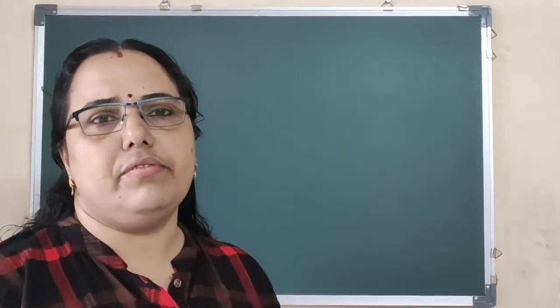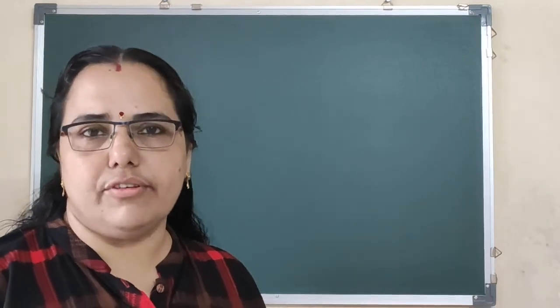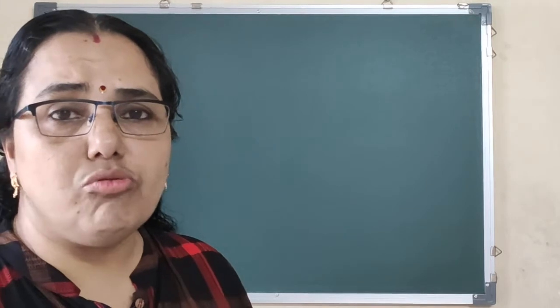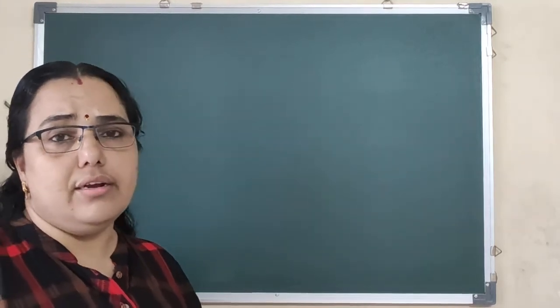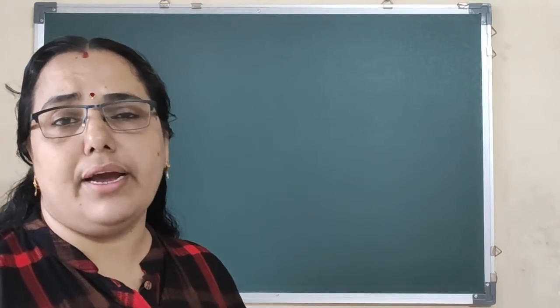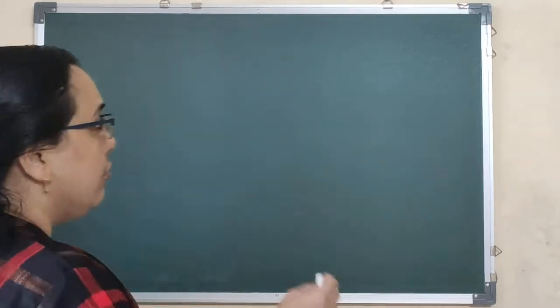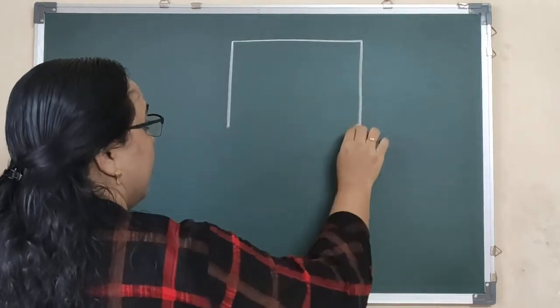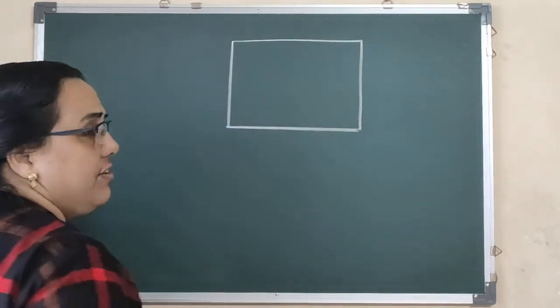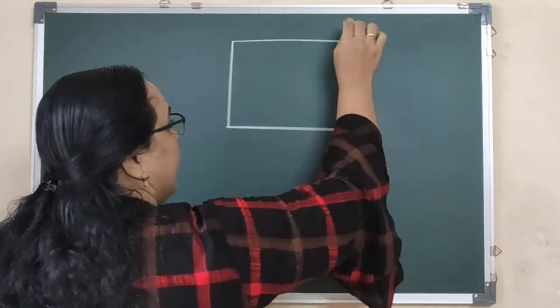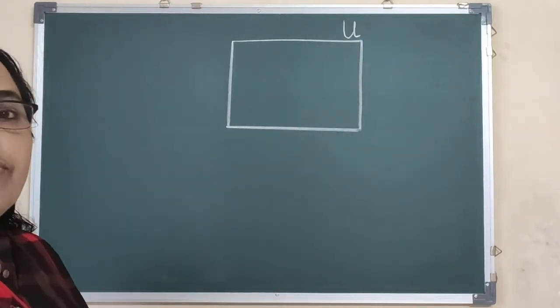In the previous class we had seen complement of a set. Now we continue further. Before going further, I just want you to see and understand how we represent the complement of a set by using a Venn diagram. So this rectangle box is representing my universal set. Okay, then I have a set A.